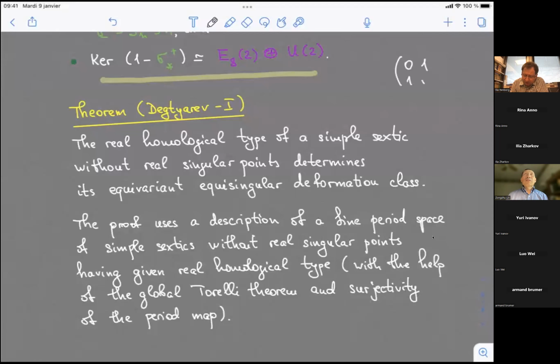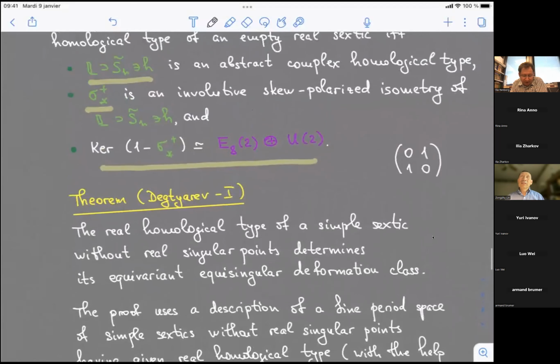So the rank of this lattice is always the rank of the second homology group. The total rank of L is 22. One way to describe L is that the second homology of our K3 surface is always of rank 22. So this K3 lattice is isomorphic to twice E8 plus